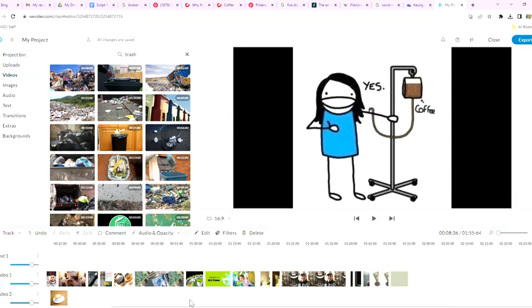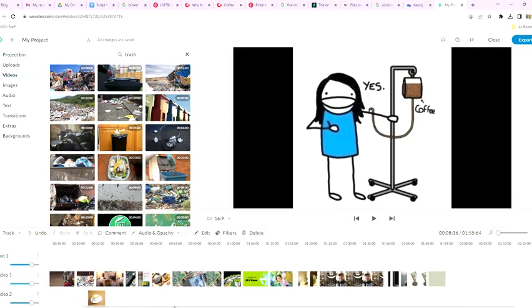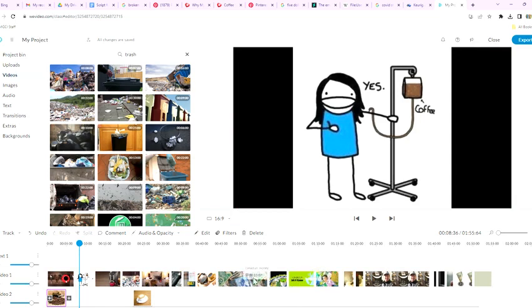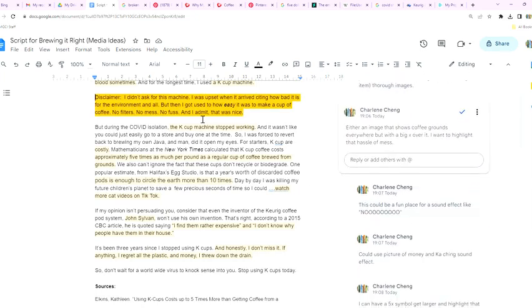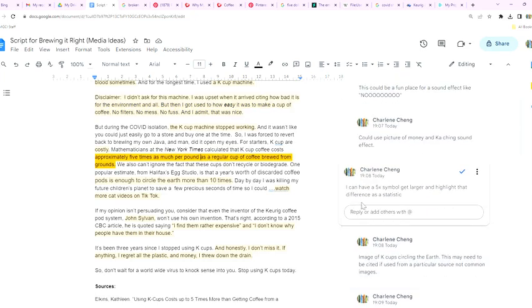I can kind of see where are the images that are taking up a lot of time. And this one here had a big chunk of time. So if I go back to my script, this is the part where it's talking about how expensive it is. And that entire time, I just have the Canadian money as a backdrop. So I have a couple options. I thought about maybe putting in a text block here where I could have a 5 times symbol get larger